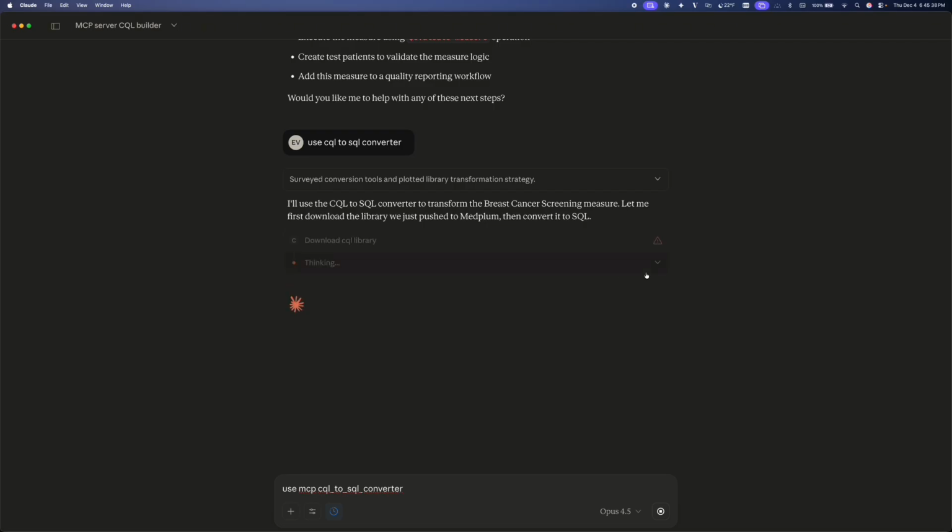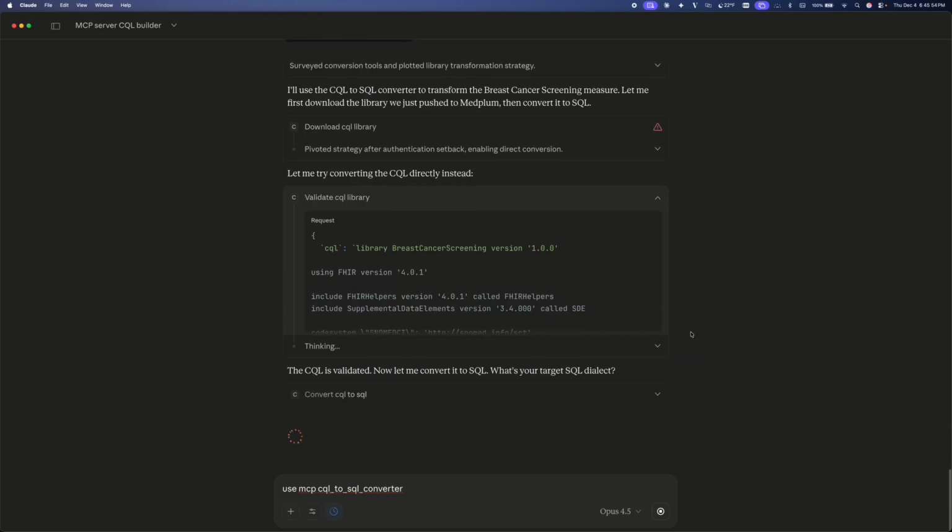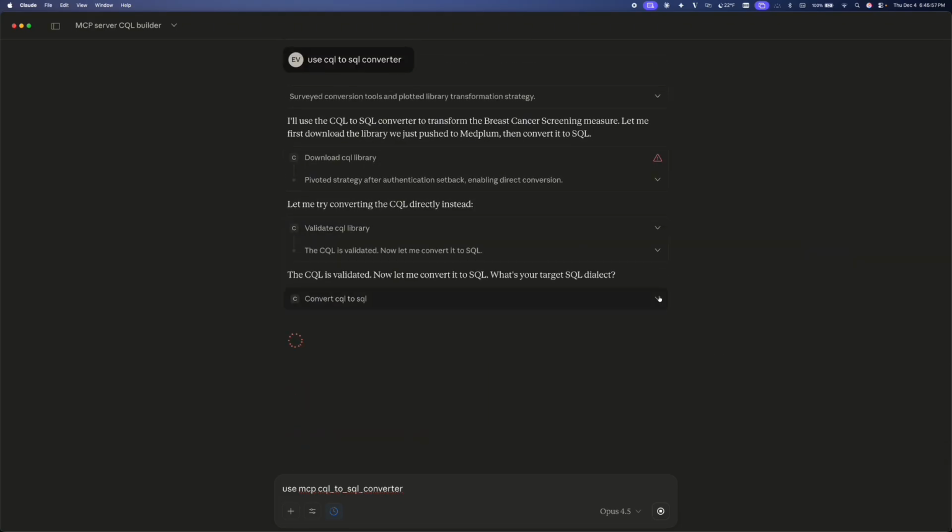And now we're going to transform the CQL that we generated to SQL using the CQL-to-SQL converter MCP tool. And as you can see, it will download the CQL library, validate it, and then create a CQL to SQL.